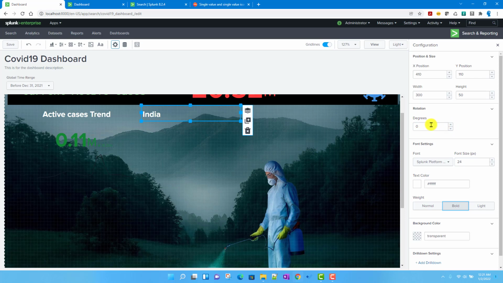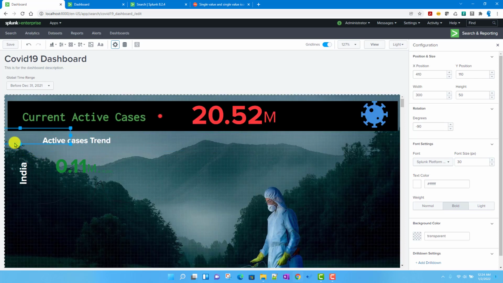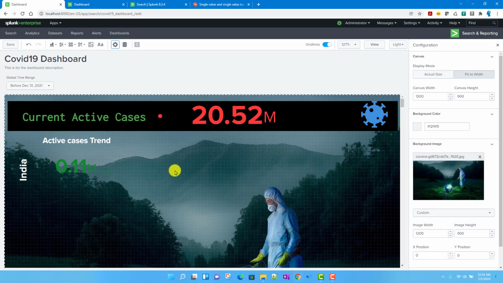If I just mention minus 90 degree here, because we want to rotate it by 90 degrees, that will become my value over here. Okay, and let's make it a little bit bigger over here as well. So font size, I'll just make it a little bit bigger. Okay, so this one I'll just drag over here. I'll just keep it. Similarly we will be doing it for the US and Brazil as well.